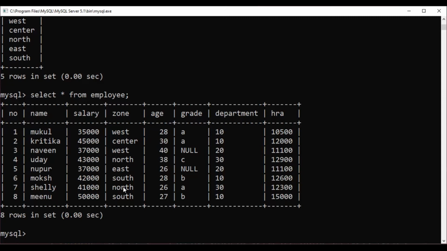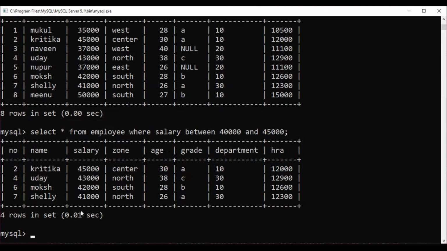So what is the condition? Select star from employee where salary between 40,000 and 45,000.